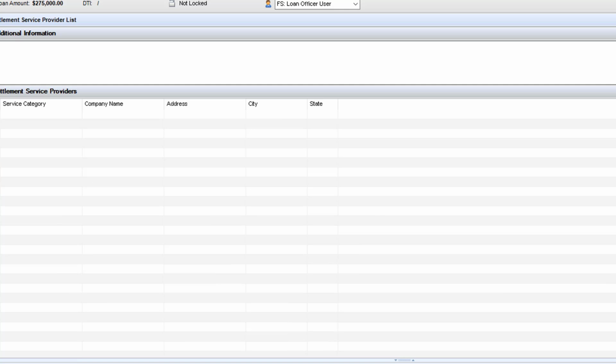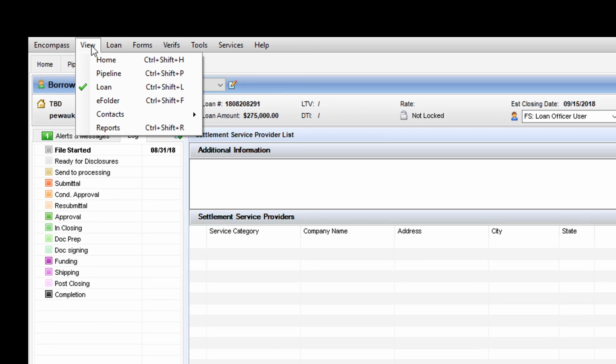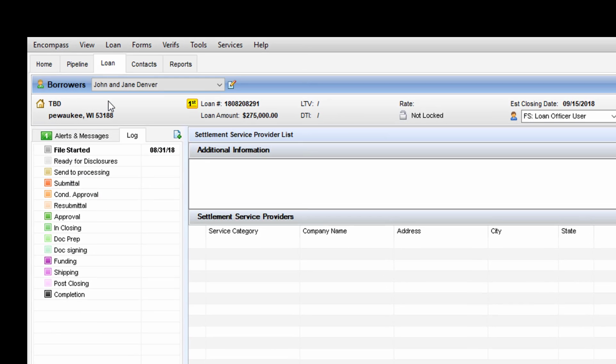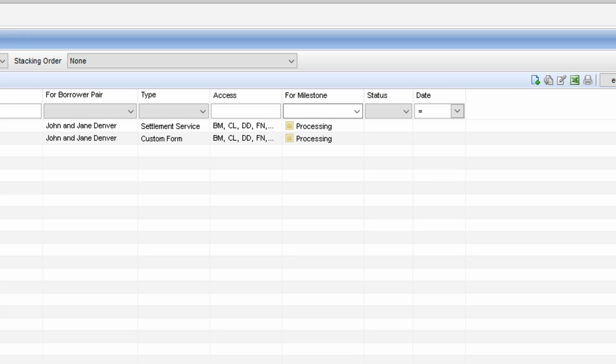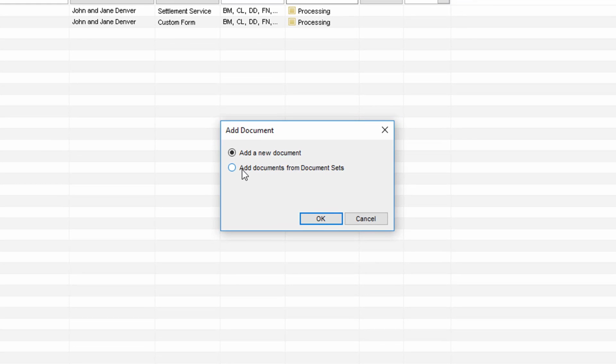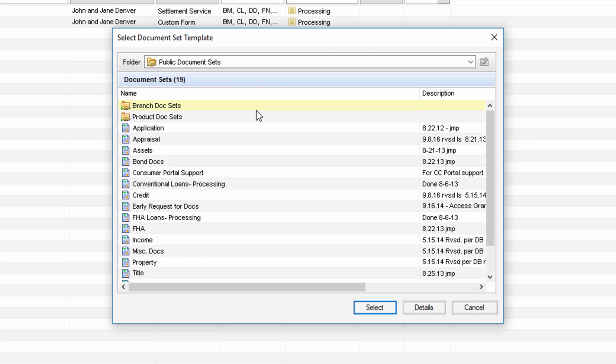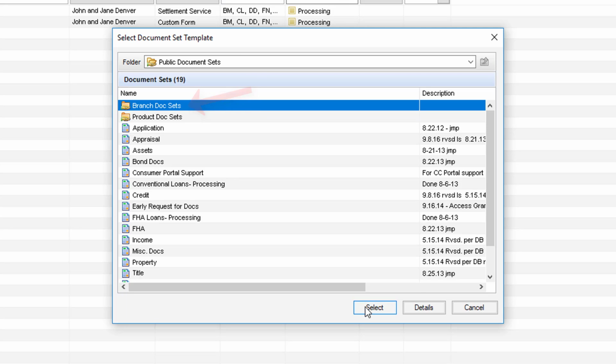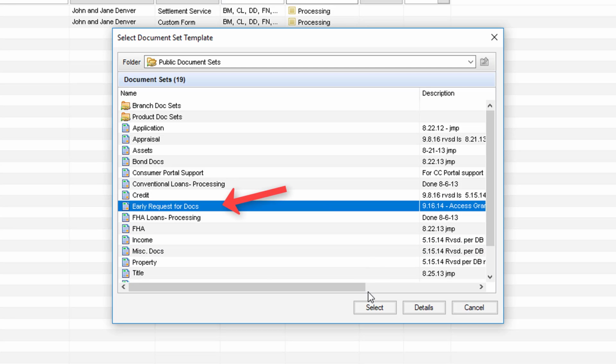In order to make that early doc request, you'll just want to go into the E folder for the specific file, and then select the Add icon to add a new document. You'll want to select Add Document from Document Sets. You'll then select the yellow folder Branch Doc Sets. Remember to click Select. Once you've selected Branch Doc Sets, go down and find the Early Request for Docs, highlight